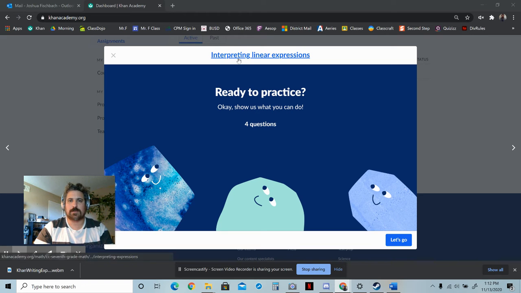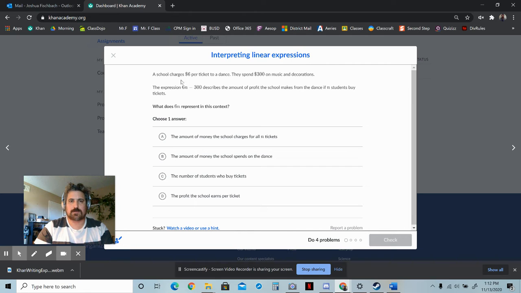This one's on interpreting linear expressions. Let's go. Alright, so it says the school charges $6 per ticket to a dance. They spend $300 on music and decorations. The expression 6n minus 300 describes the amount of profit the school makes from the dance if n students buy